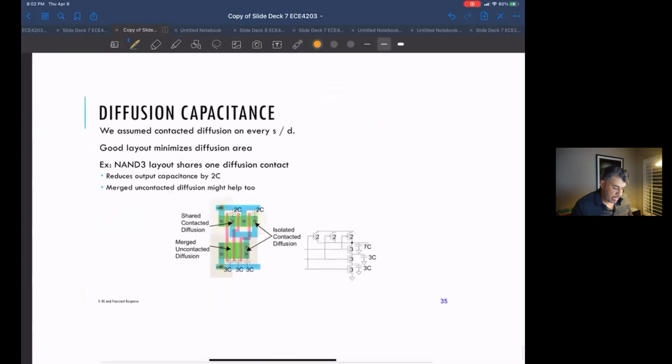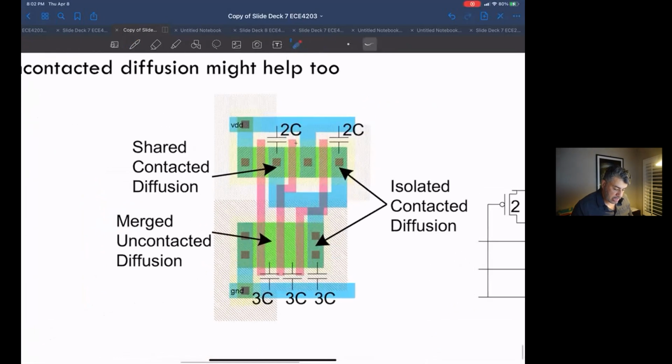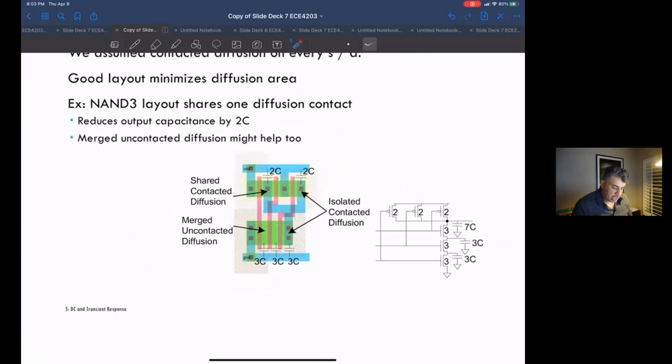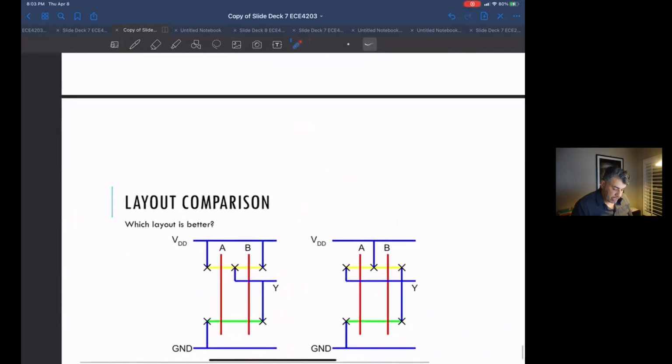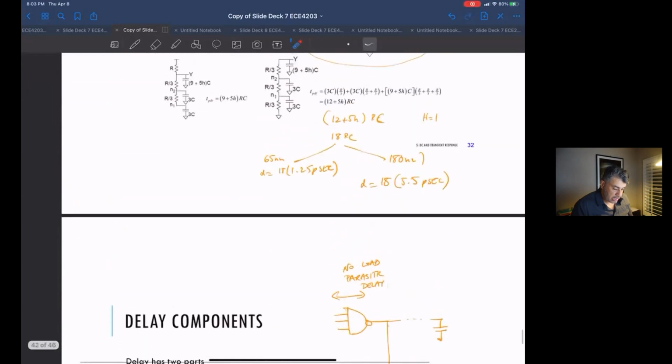Okay, this just talks a little bit about laying these things out, and we talked about sharing. So you can see this is the 3-input NAND gate, and these are the 3 NMOSFETs. Because they're in series, we've shared these nodes, so the capacitance has gone down significantly. There's not a lot you can do with sharing of the PMOSFET gates, so that didn't really change. Okay, and that brings us to the end of this delay